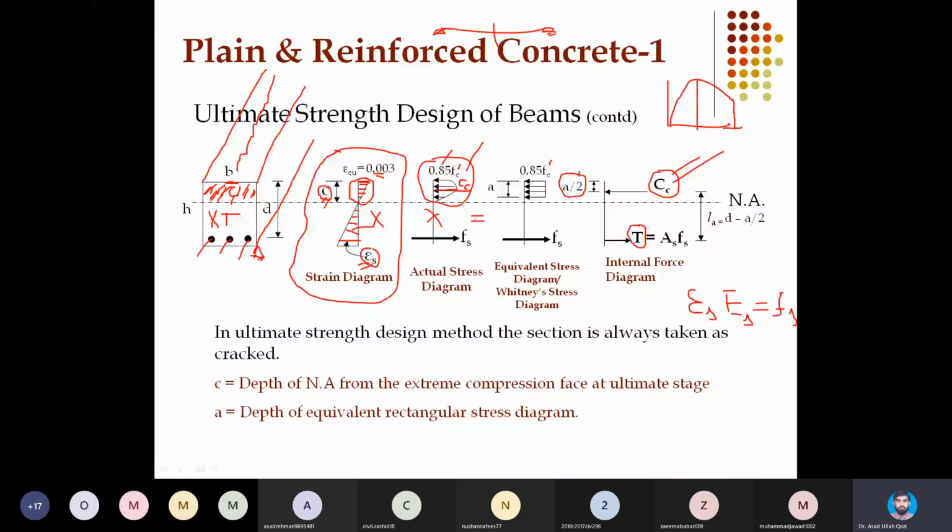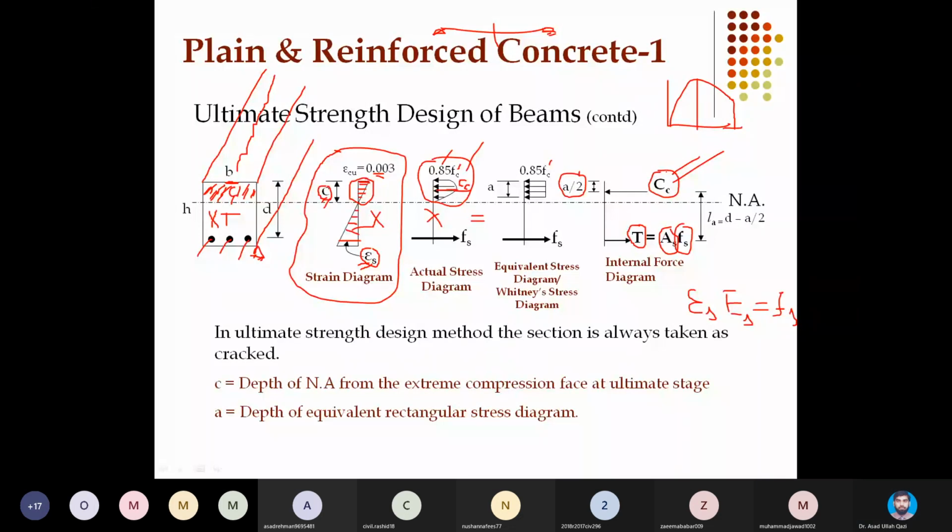by doing integration on this curve and getting the area and then its point of application, will be a little more tedious than calculating it by this uniform stress block. But then I need to prove that both pictures will give me the same answer. Once I get the stresses, I will multiply them with the area on which they are present. I will get the force. So stress in steel multiplied by area of steel will give me T. Stress in concrete multiplied by area will give me Cc.